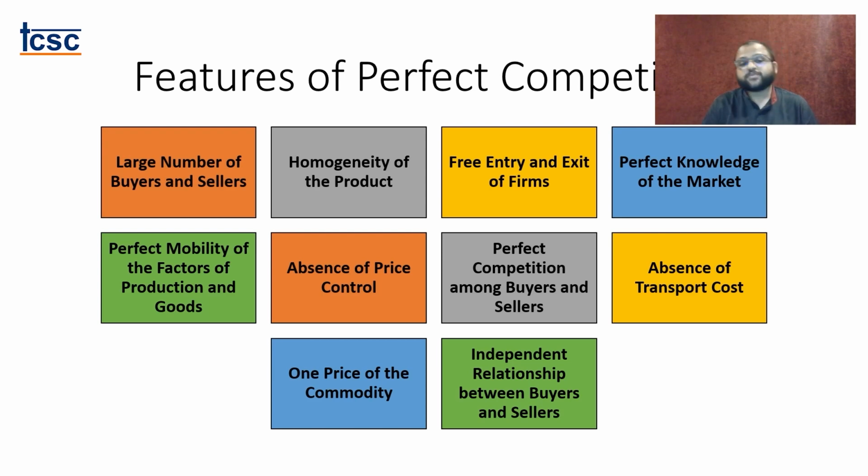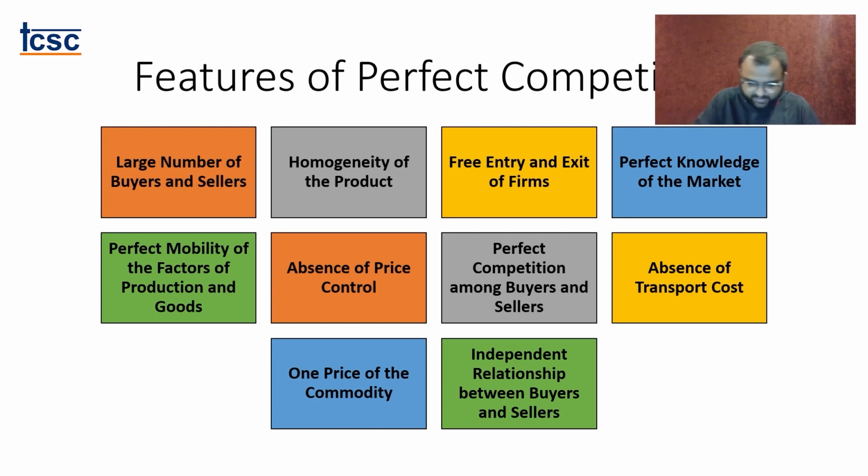Second point, we're talking about what is called homogeneity of a product. Homogeneity of a product basically means that the physical characteristics of the product as well as the environmental characteristics, meaning by shape, size, color, the product should be similar. Also, with respect to discounts, selling techniques, market promotion techniques, and so on, there should be similarity. Thus, a product qualifies to be a homogeneous product if it satisfies these 2 points.